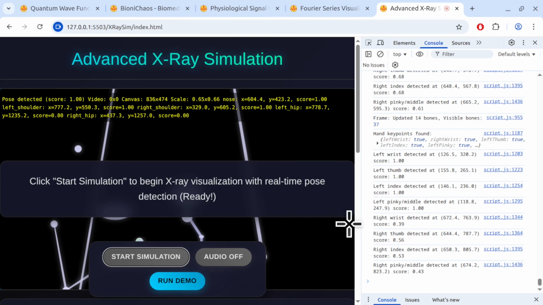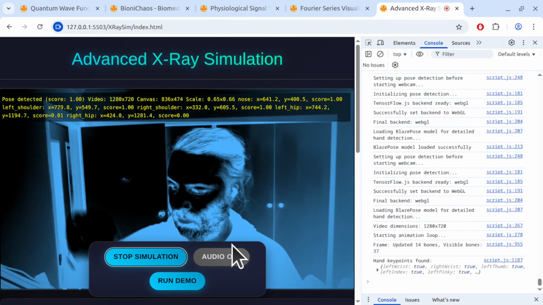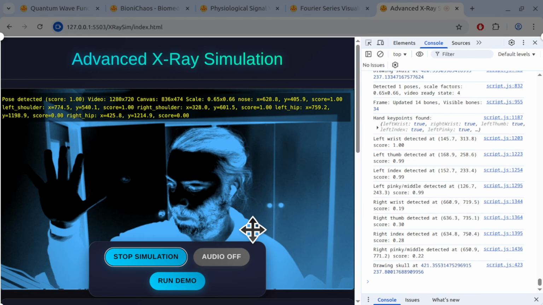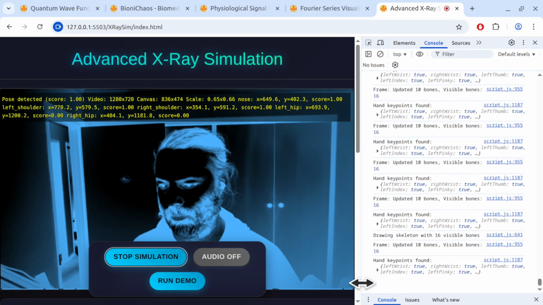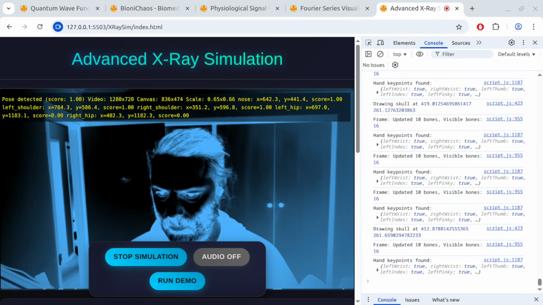Left_thumb, left_thumb_tip, thumb_left, left_index, left_index_tip, index_left, etc. Estimated finger positions. When specific finger landmarks aren't detected, the system now creates estimated finger positions based on the wrist location, so you'll always